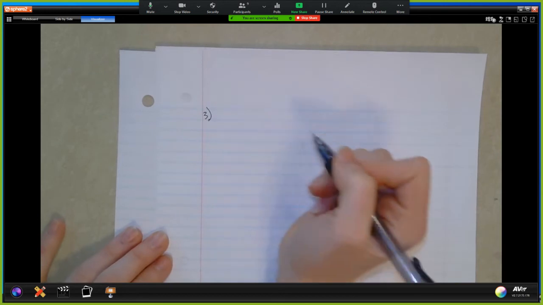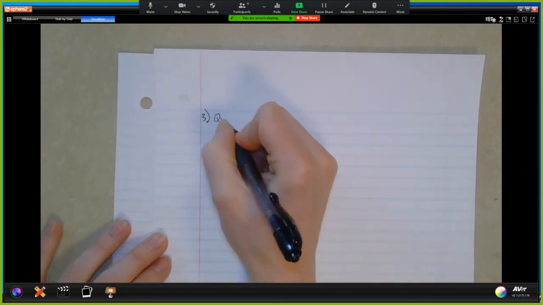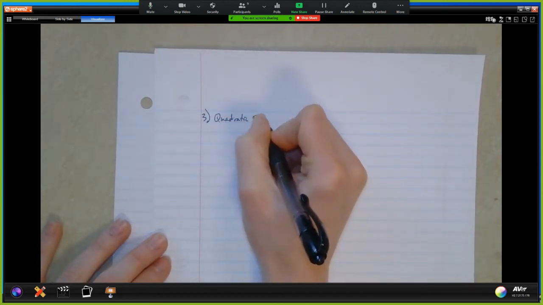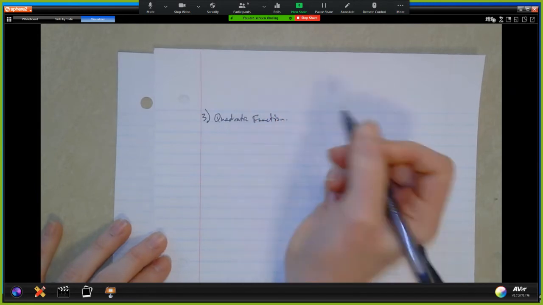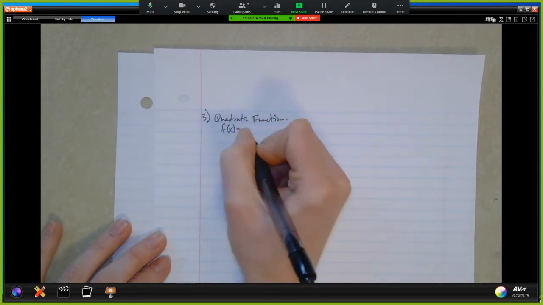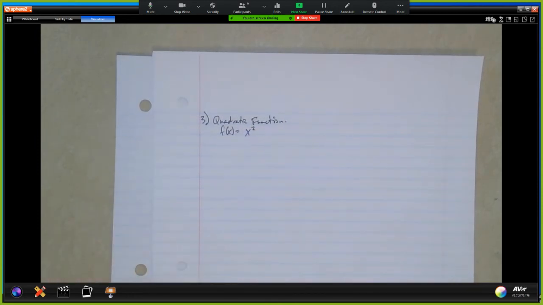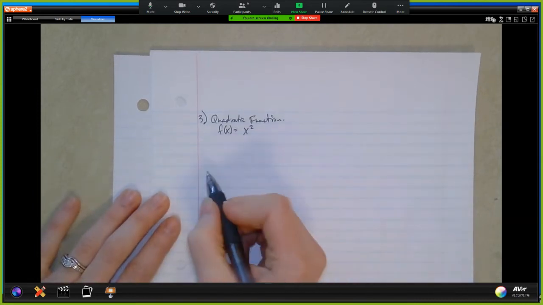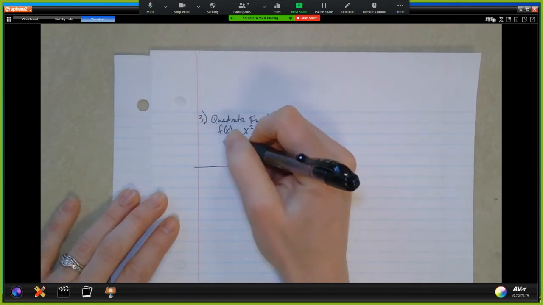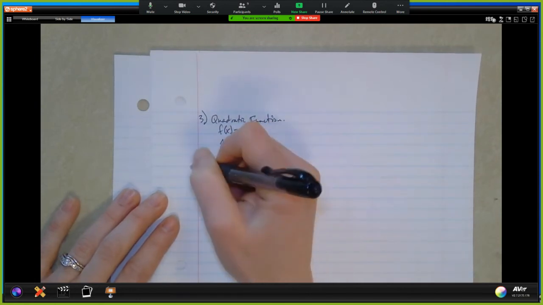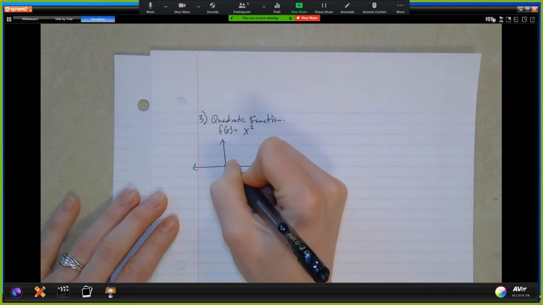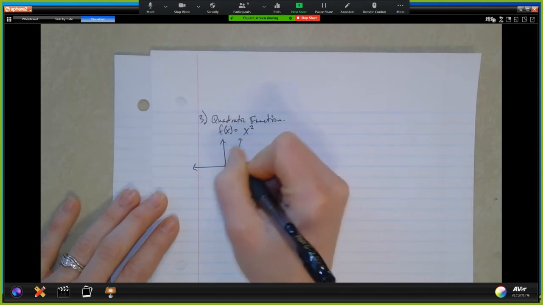So number 3. All right, 1, 2, yep. 3 is quadratic. So our third parent function. So f of x, the parent function is just x squared. The parent function is always the simplest function before there's any transformations or changes occurring. Okay. And that graph we want to be very familiar with. We studied a lot in Algebra 2. Is the parabola